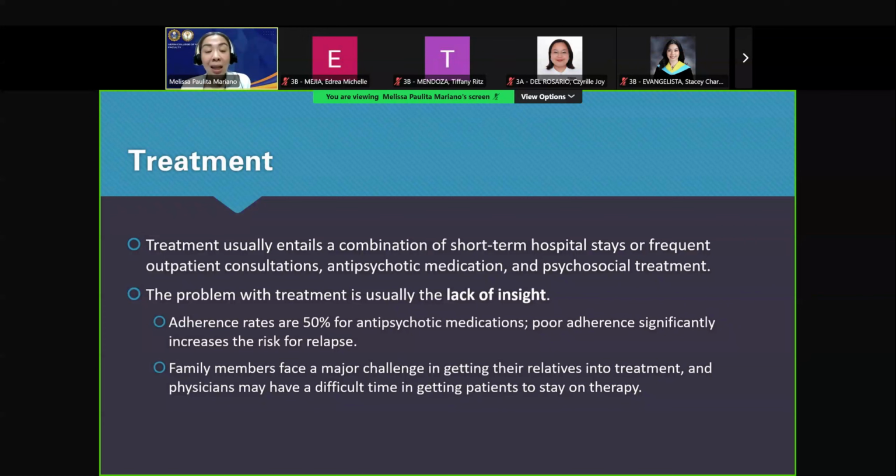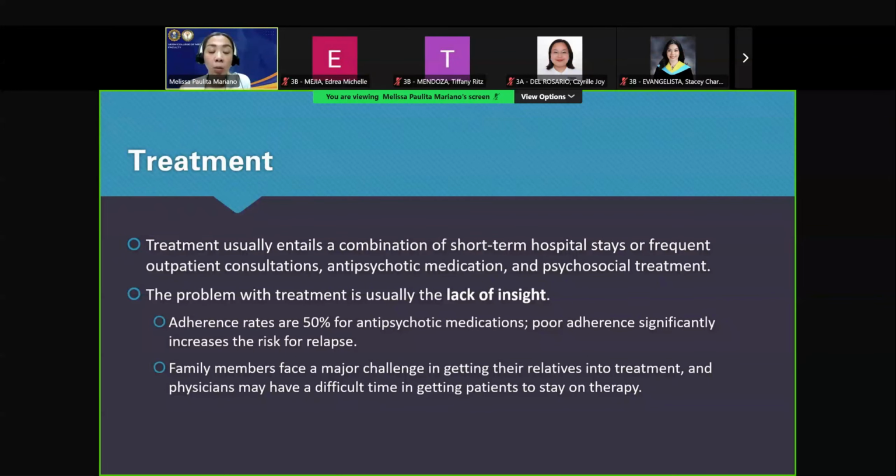The problem with treatment is the lack of insight that the patient has. Imagine that you're hearing all these voices that seem very real to you. You really believe that there's gold in your backyard. You really think that doctors are out to get you or someone is out to kill you. And then that same doctor gives you medication. So you don't believe that you are ill. And a fantastic way to look at it is a very old movie called A Beautiful Mind.